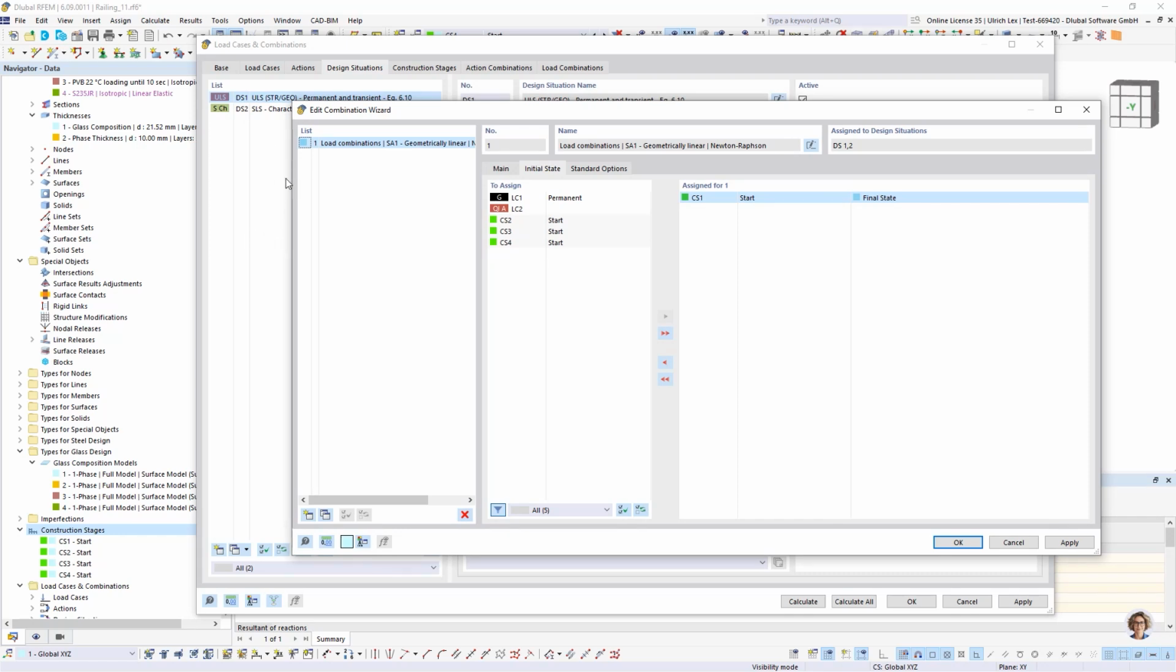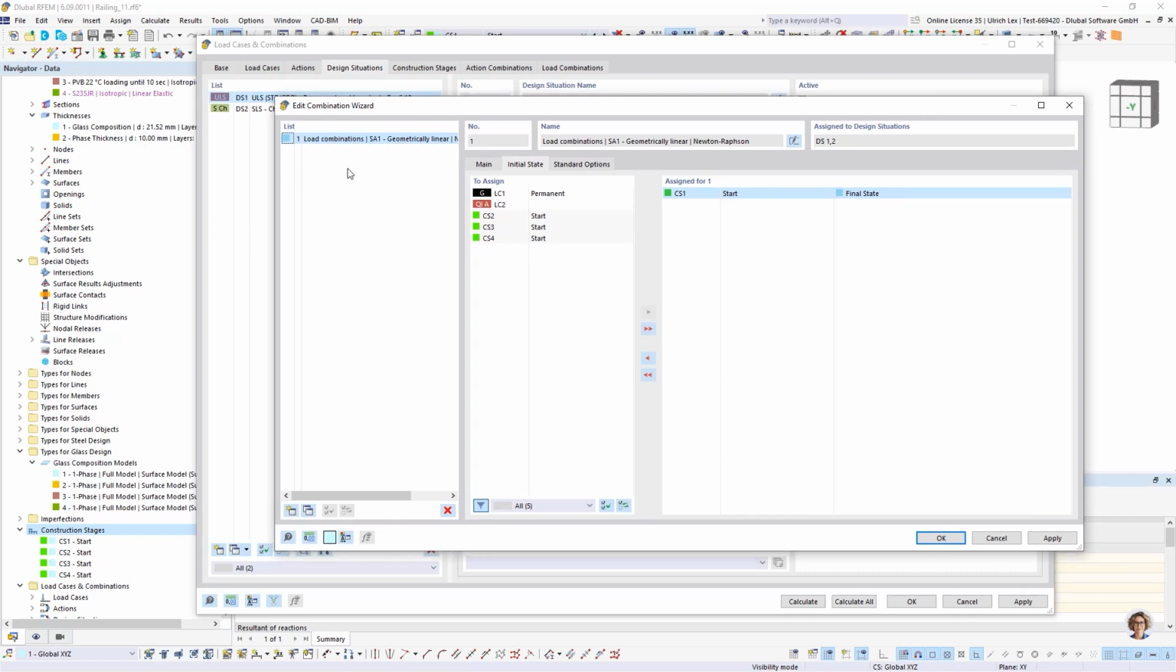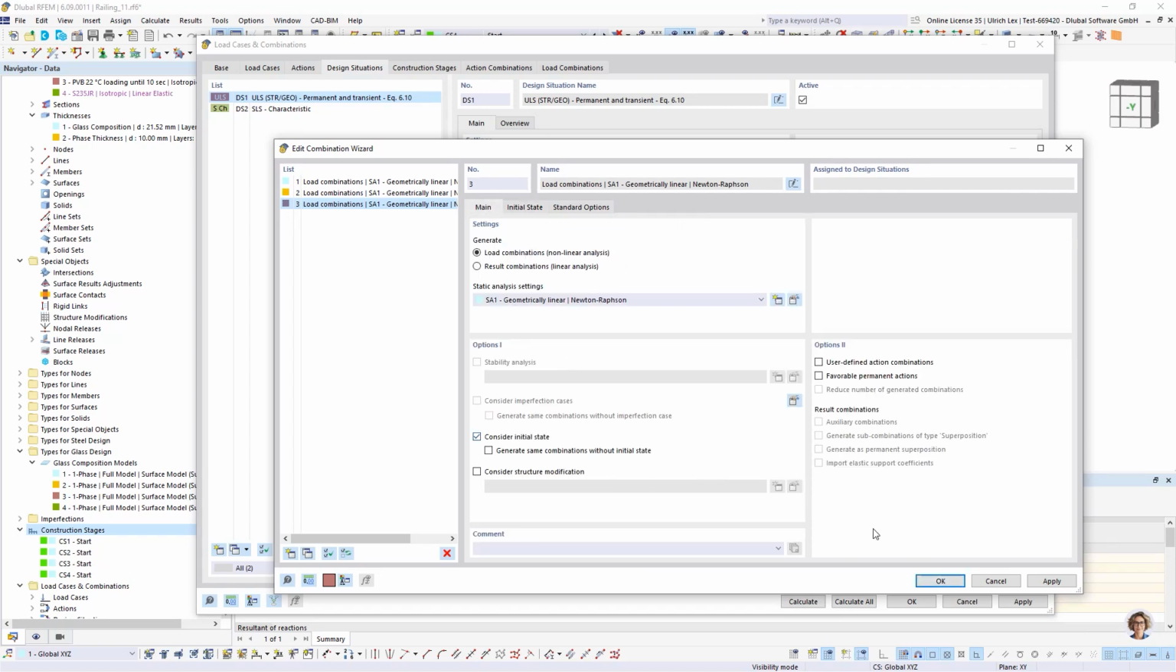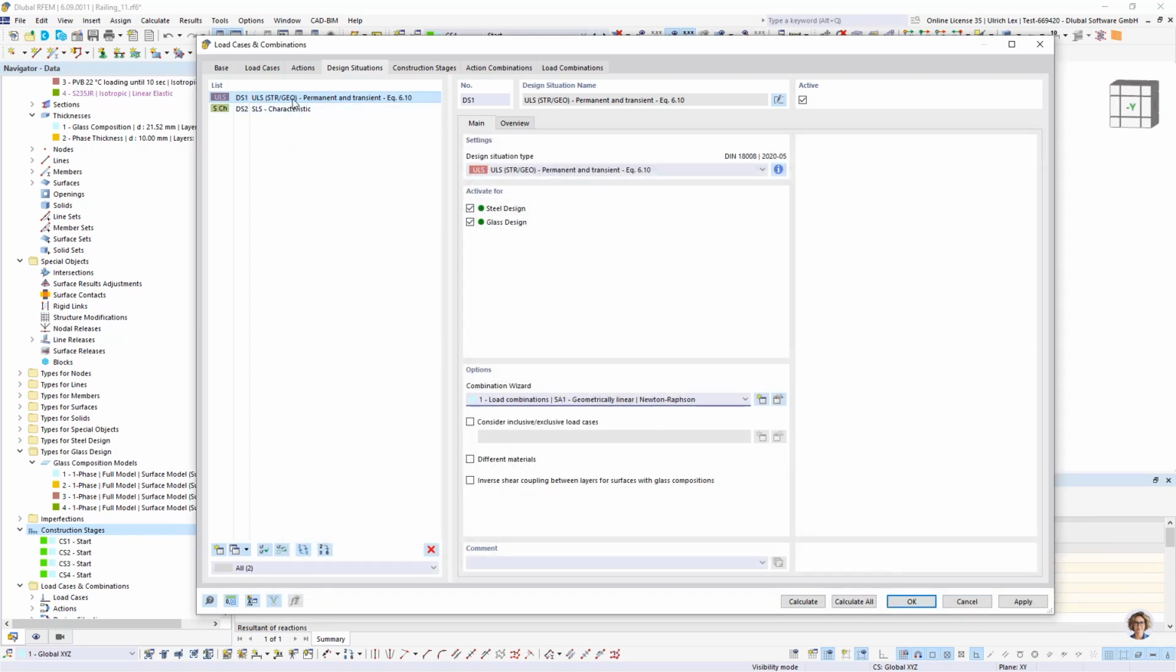For the other design situations, I can prepare them now here. I want to copy it. I want to use stage 2. I want to use stage 3. For the fourth, I do not want to do it, to save time now. Okay, I want to continue. Now I have to create a new design situation